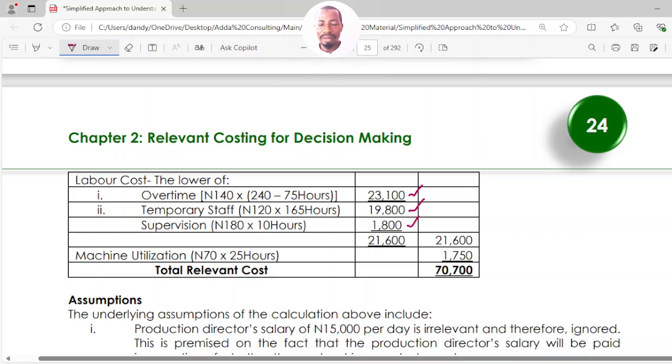So you are selecting the additional labor. You are selecting the lower of overtime of 23,100 or 21,600. Since 21,600 is lower, that's why we select the 21,600. Okay. Then finally,